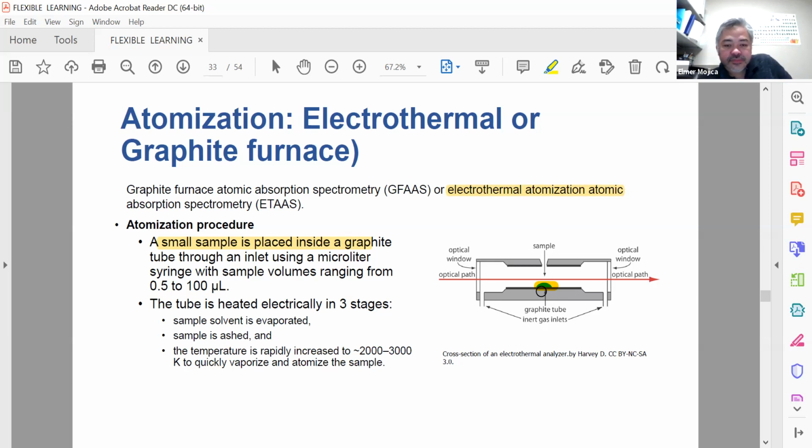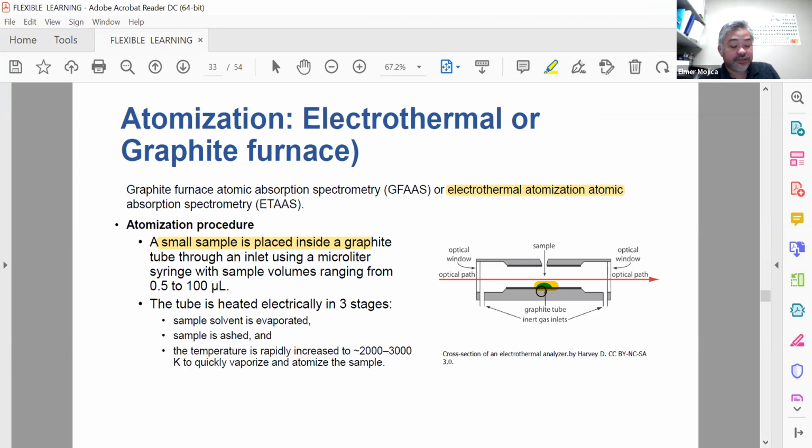The way you introduce it is through an inlet using a microliter syringe, with sample volumes ranging from 0.5 to 100 microliters. Here the tube is heated electrically in 3 stages. While it's being heated, the sample solvent is evaporated. The sample is ashed, and then the temperature increases rapidly to 2000 to 3000 Kelvin